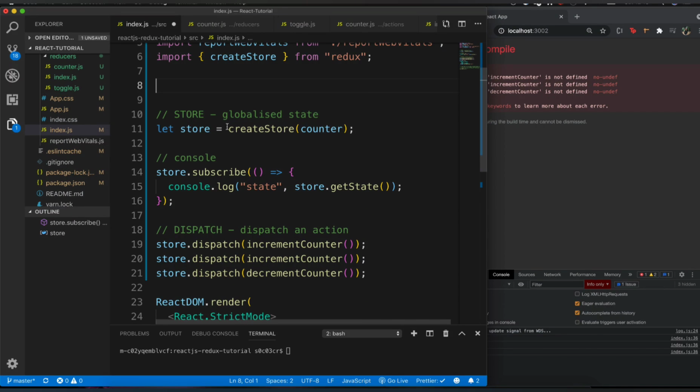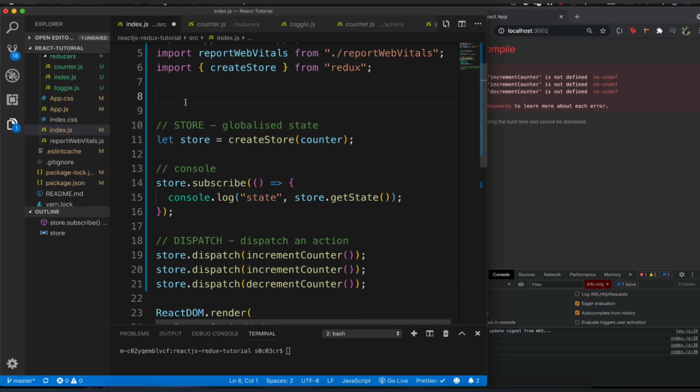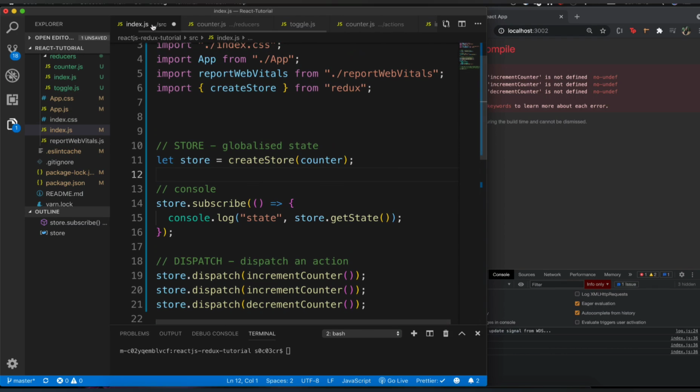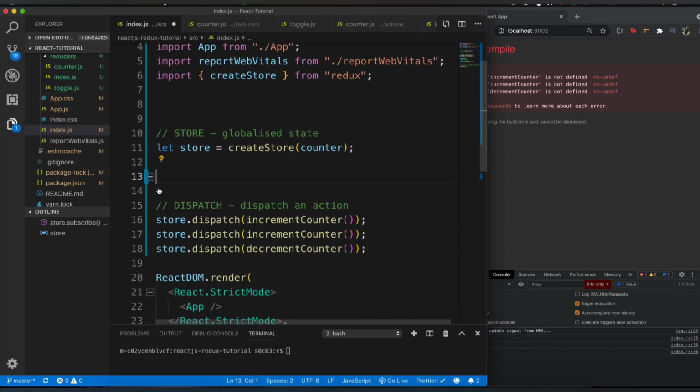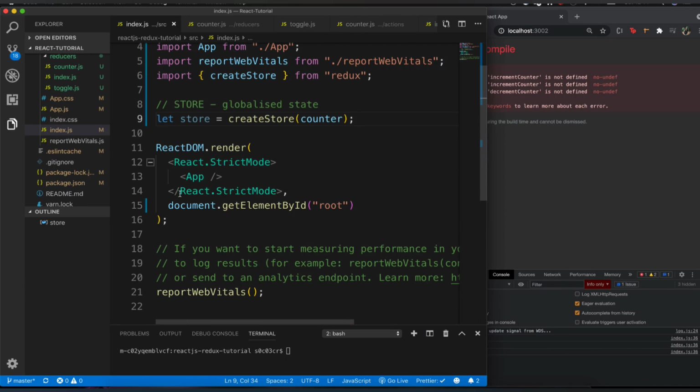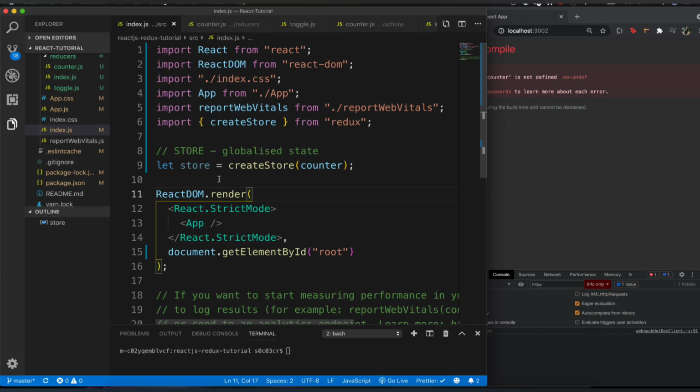The next step is creating the store. We're going to keep creating the store, which is just one line of code over here. You can see inside of index.js itself, we keep creating our store logic inside of index.js. So I'm not going to move this out, and we won't be needing all of this anymore, right? So I'm going to get rid of all this code, and let me hit save on this one. So the thing to notice over here is this.